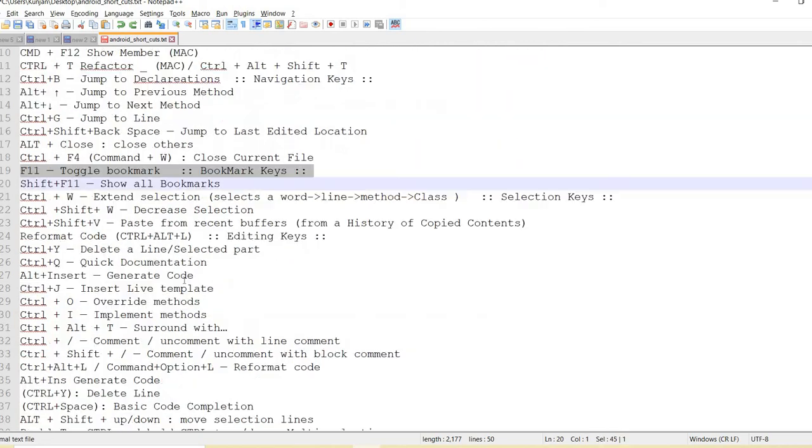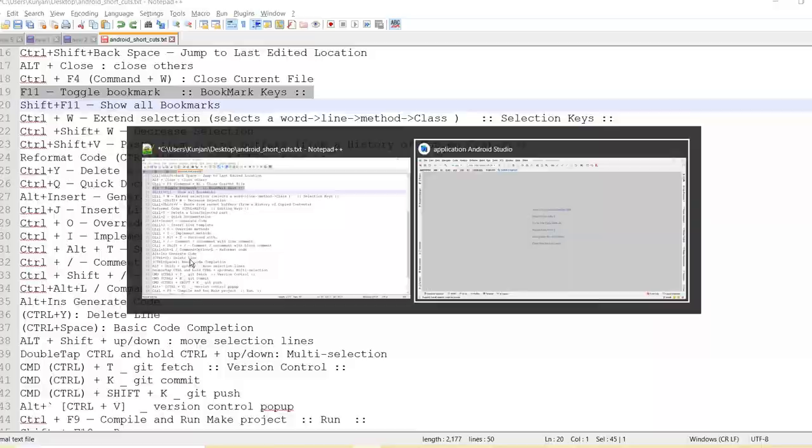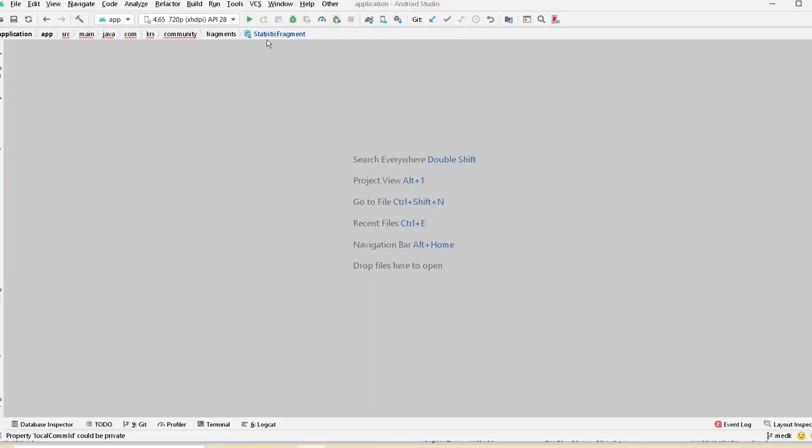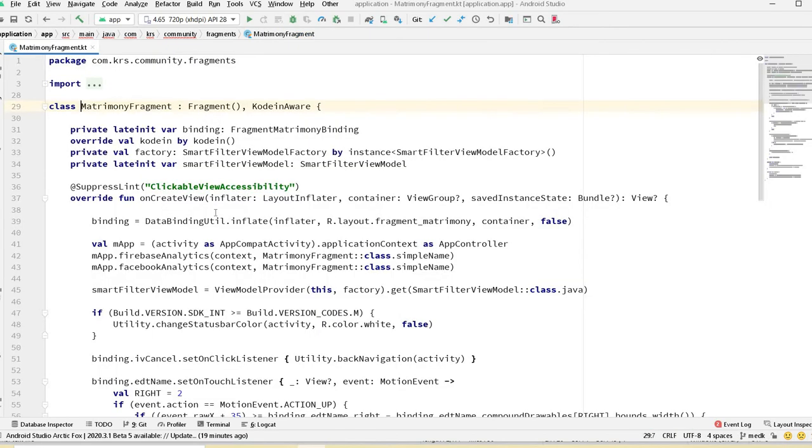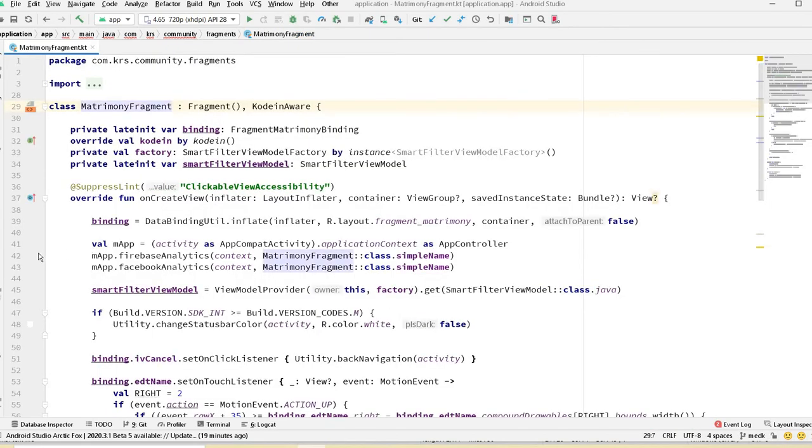Then bookmark. If you want to bookmark any file, any location, for example, I want to bookmark here, so F11.